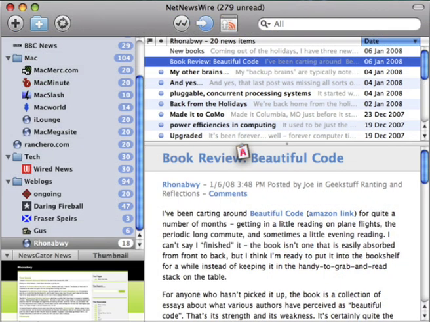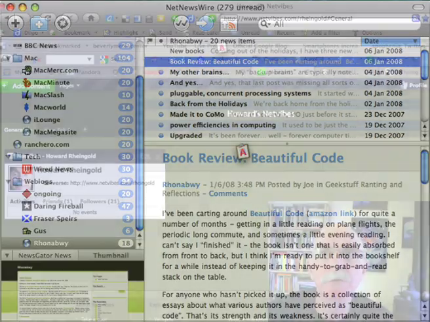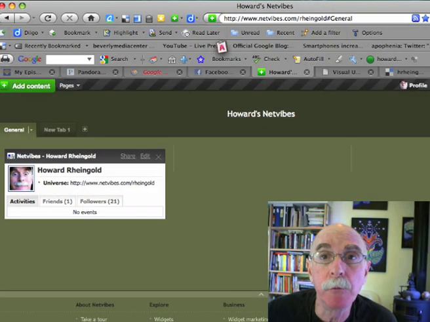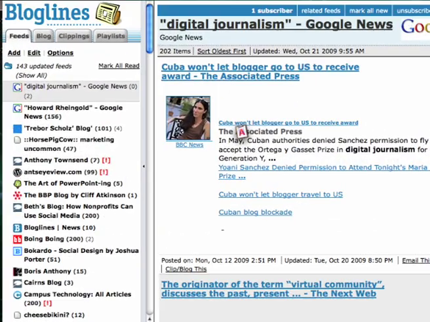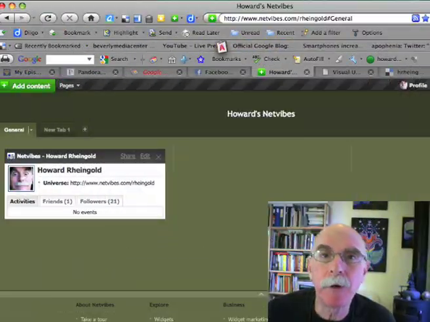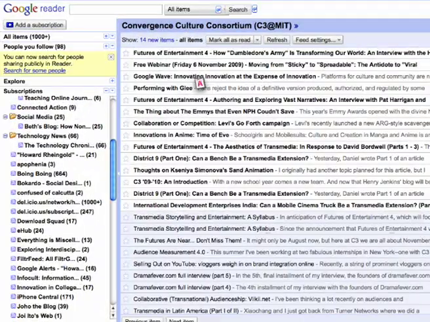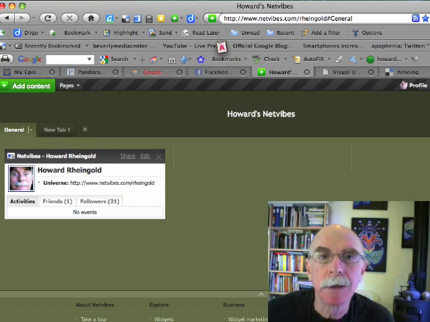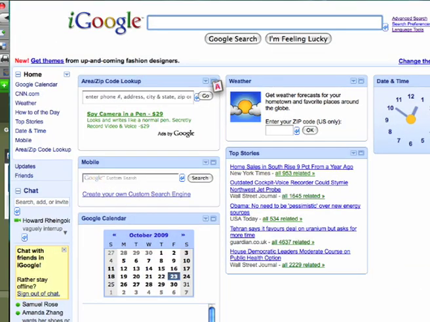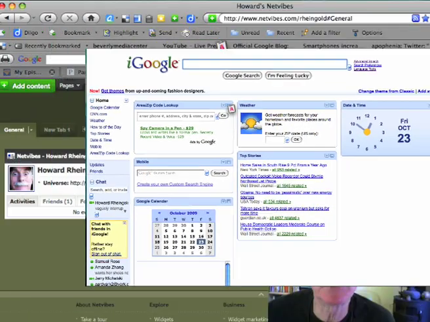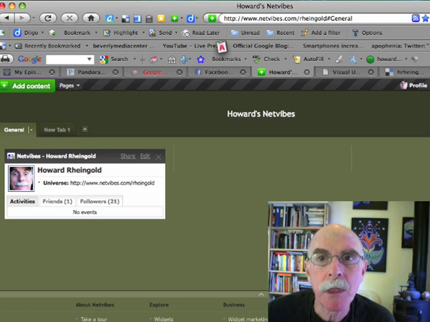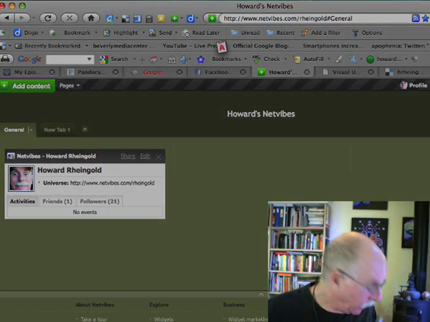I started by trying newsreaders that required me to use separate client software, but as more and more of my online activities took place through a web browser, I moved to Bloglines, a web-based RSS reader. Then I migrated to Google Reader. Either one of these is still useful. Indeed, Google offers its own dashboard with iGoogle, but I've switched to a more recent generation of web start pages called Netvibes. When you start a Netvibes account, you will get a General tab